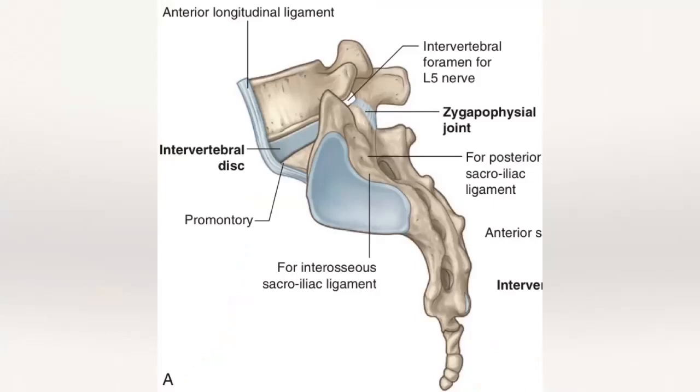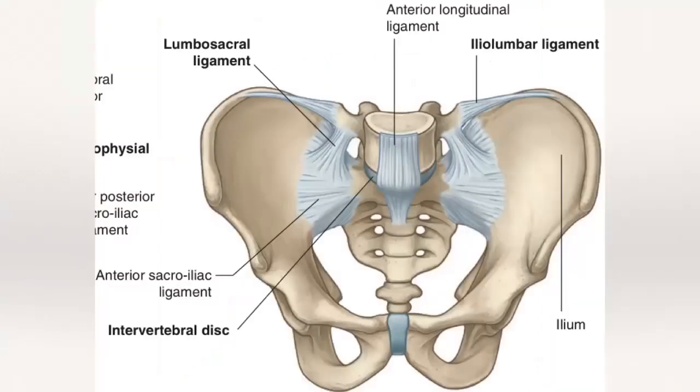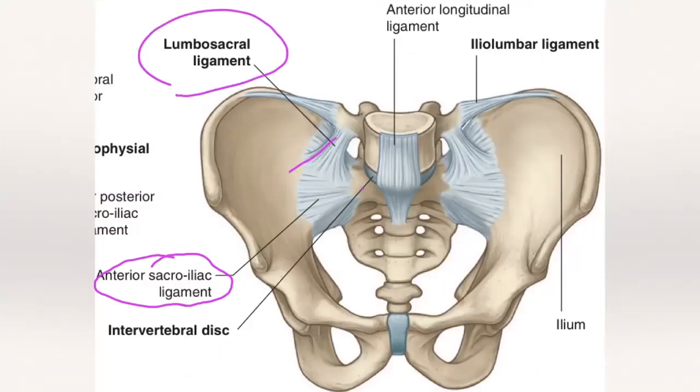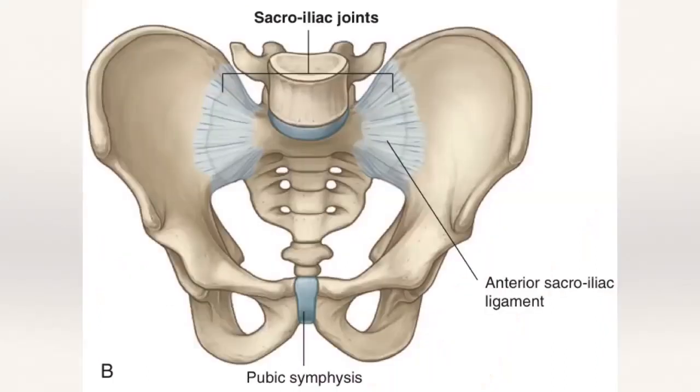And coming to the different ligaments, right? For the sacroiliac joints there are anterior sacroiliac ligaments, intrasacroiliac ligaments, and posterior sacroiliac ligaments, right? You remember from the sacroiliac joint. This is the anterior sacroiliac ligament. Okay, they attach to the sacrum here, right? And also the lumbosacral ligament, lumbar to sacrum. Okay, anterior sacral ligament. This is the anterior sacroiliac ligament.